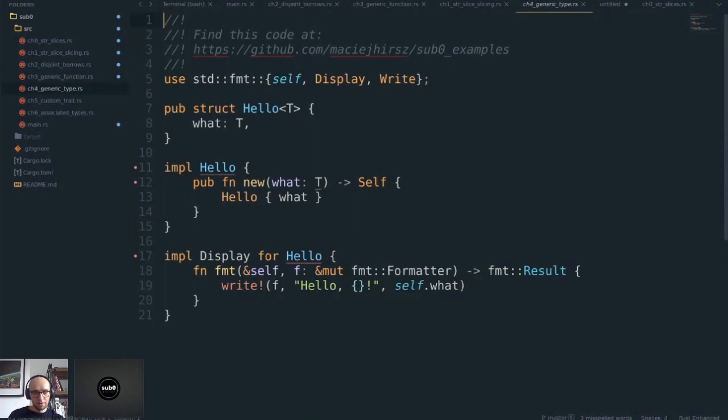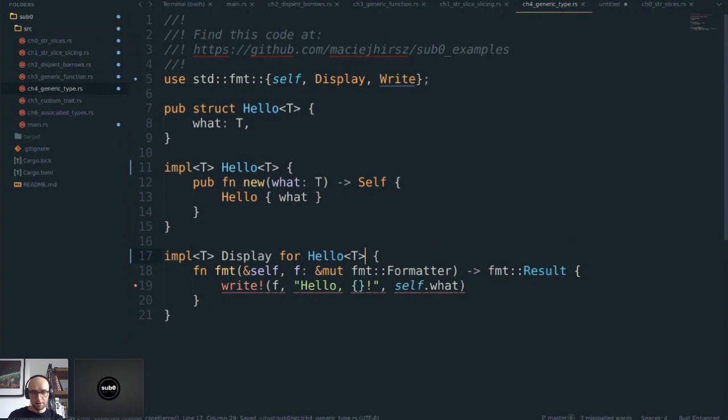I have a struct with a generic type parameter T, and I'm trying to implement the trait Display for my Hello. The error here is that I need to put my T over here. All right, this is fine. So I can instantiate my Hello with the parameter T. For the Display impl, I'm also missing it, so I need to again define the type parameter for the impl, as well as for the struct.